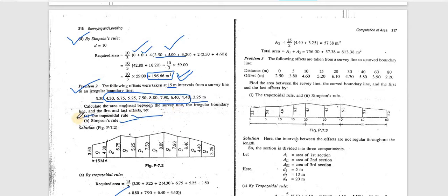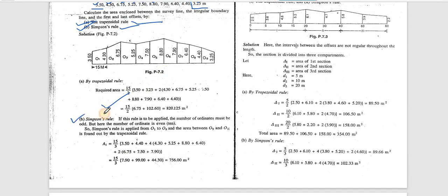Now if you have to apply Simpson rule, there is a condition that the number of ordinates should be odd. So first you will have to check whether the number of ordinates is odd or not. This is 1, 2, 3, 4, 5, 6, 7, 8, 9, 10. As you can see, the readings provided in the question are an even number, so we cannot apply Simpson rule to all of it. We need to consider only up to 9. We will apply Simpson rule in this part only, then calculate the remaining area, and add both to get the final value.